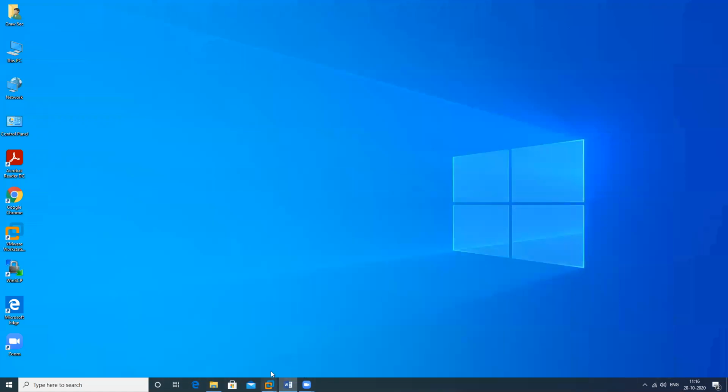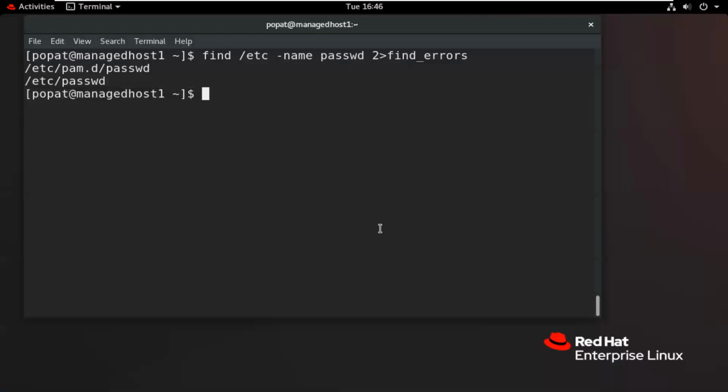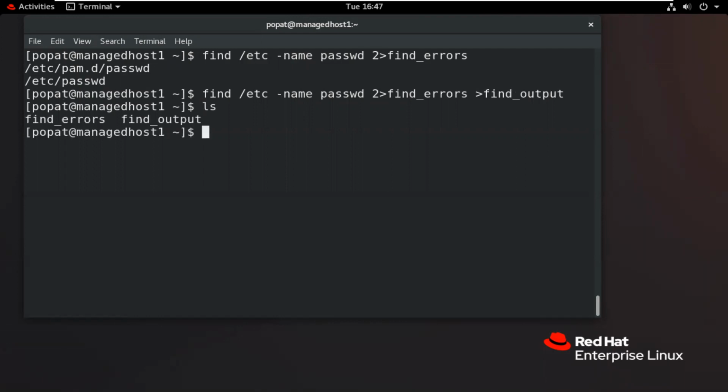How will we use this? We want to save the output also in a file. We can give any name, find_out.